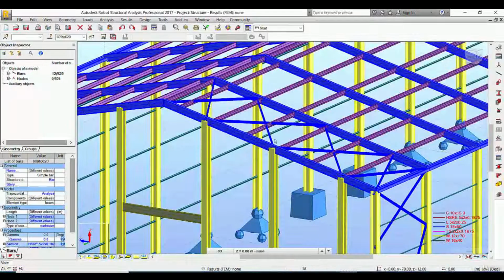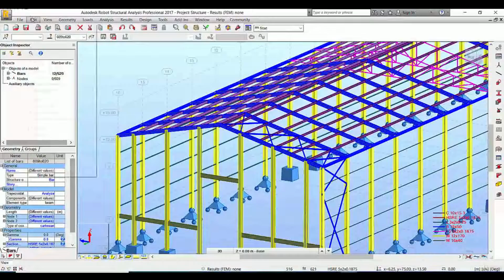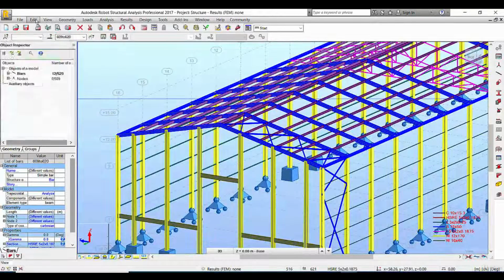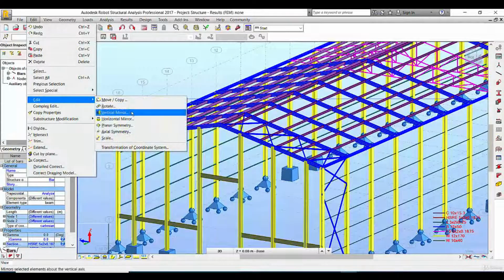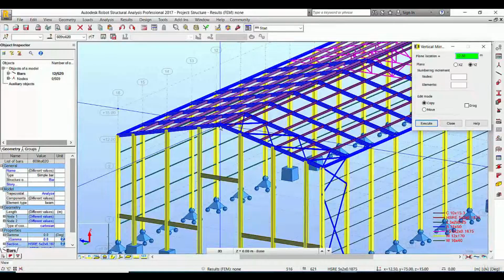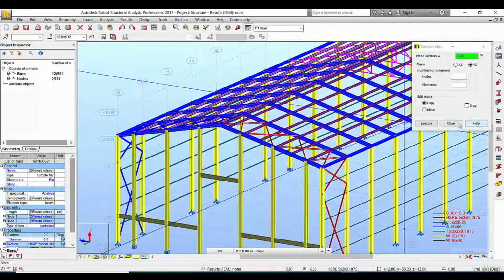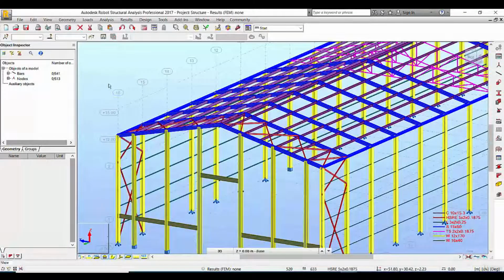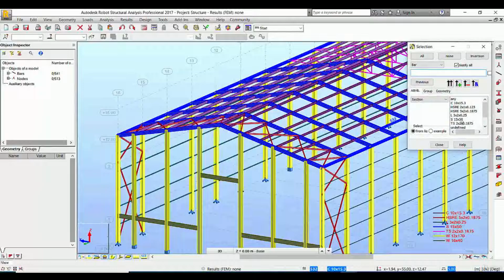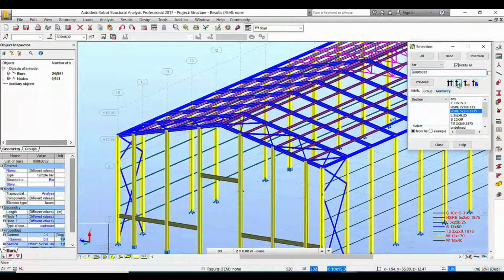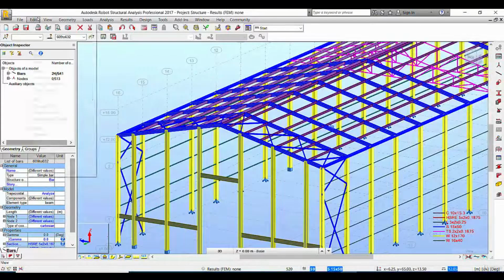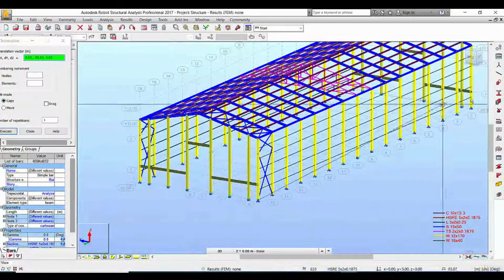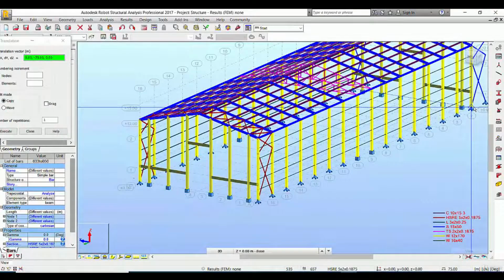Okay, we can edit, mirror. Okay, now we'll select them again, and we go to edit, move from here to here. Sorry,